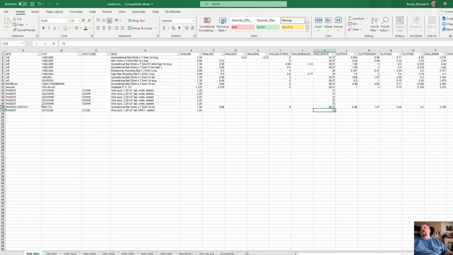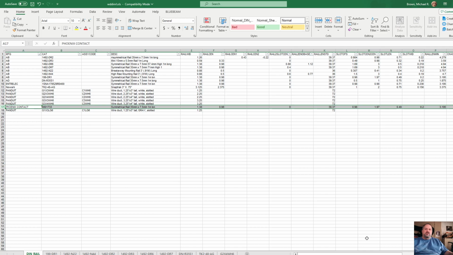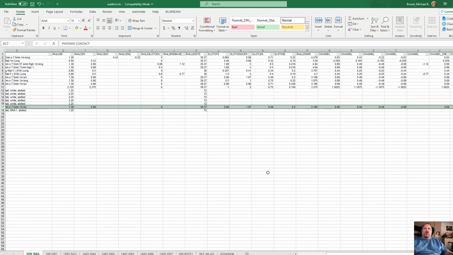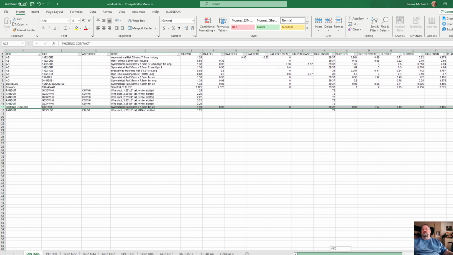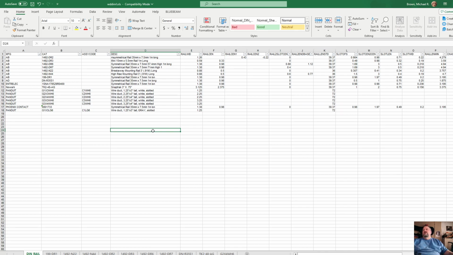Dinrail is a little more complex. Dinrail has all these numbers you put in, and that tells it how to put in all the slots. It tells you where the middle point is, how big the slot is, all that stuff. That information is here. That's for another totally different video because it takes a little time, but it's not that bad. Once you get this done, then you just save the document,